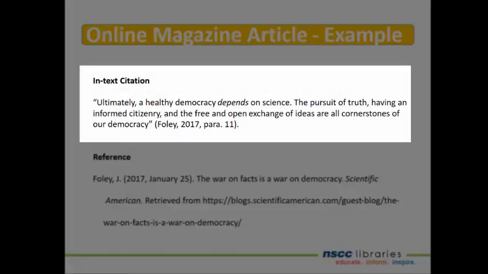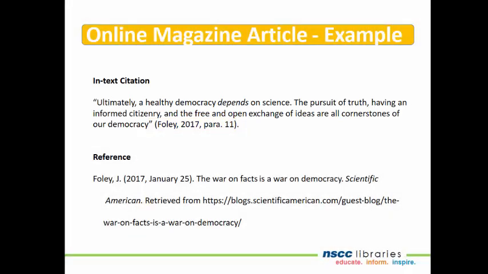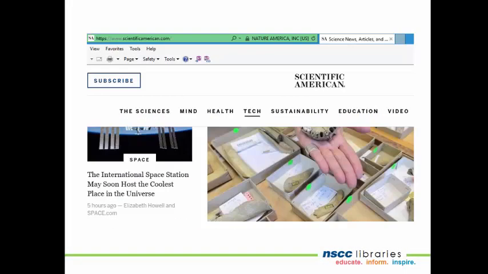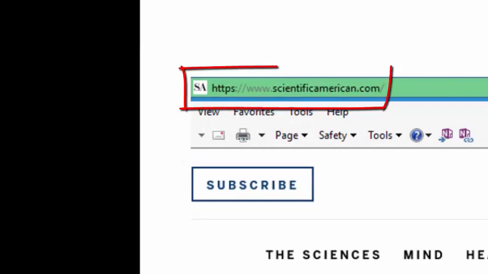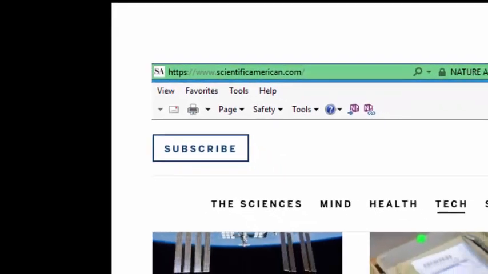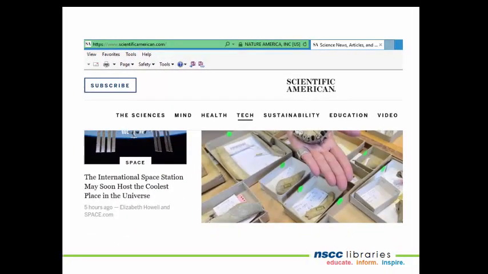The article does not have page numbers. For a direct quote, use the abbreviation PARA period and the number of the paragraph that contains the quote. In our example, we located the home page of the magazine Scientific American and copied and pasted the URL into our reference. Do not link to the URL of the article, only link to the URL of the magazine's home